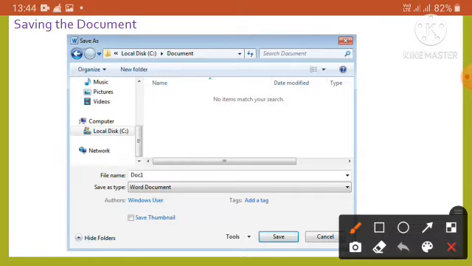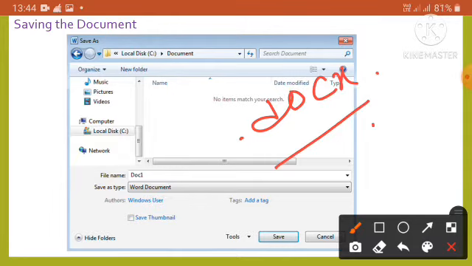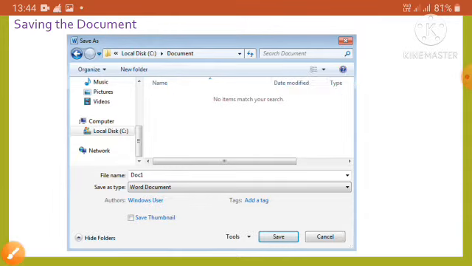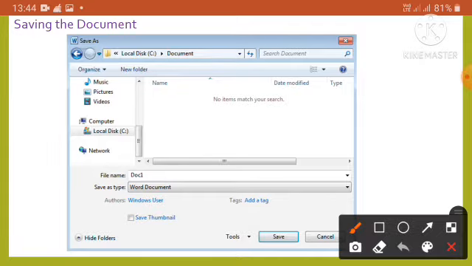Next one is how to save the document. By default, an MS Word 2010 document is saved as a file with the .docx extension, we know. So we can save a document by specifying the location where we want to save our document, the name of the document, the format in which we want to save our document, and then clicking on the save button.